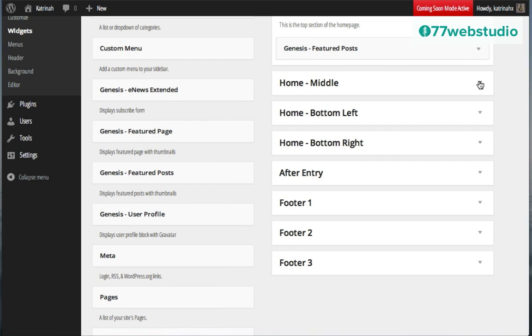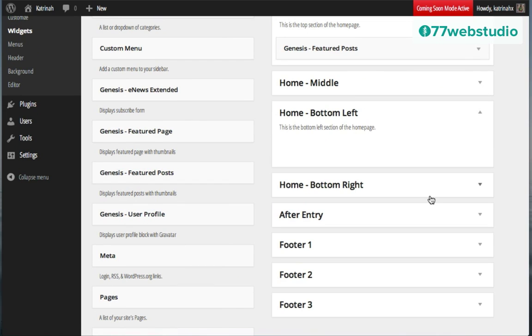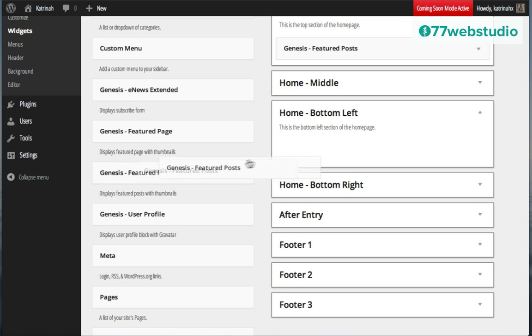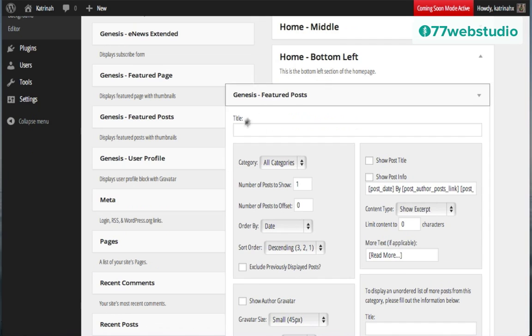Moving on to the next one, I'm going to open up the bottom left widget. Do the same thing. I'm going to pull over the featured post widget, drop that in. Then here in the title field, I'm going to give my new featured category section a title. So I'll just add in a title there. This time the category that I want is green juices. So I'll select green juices right here. The number of posts to show, I'm going to display 2 posts. I'll just put in the number 2.